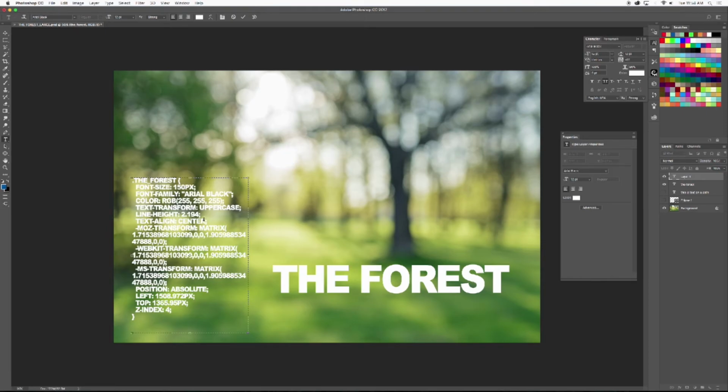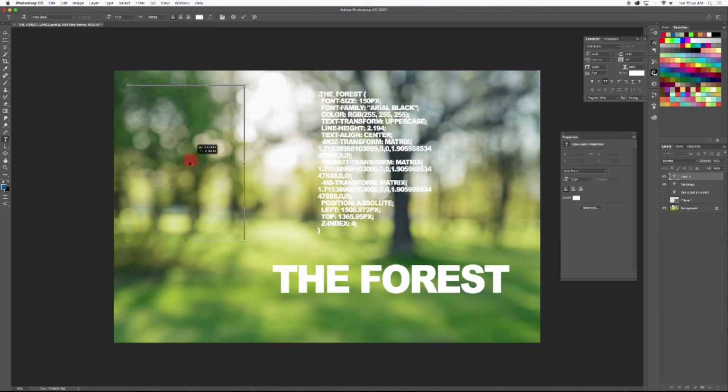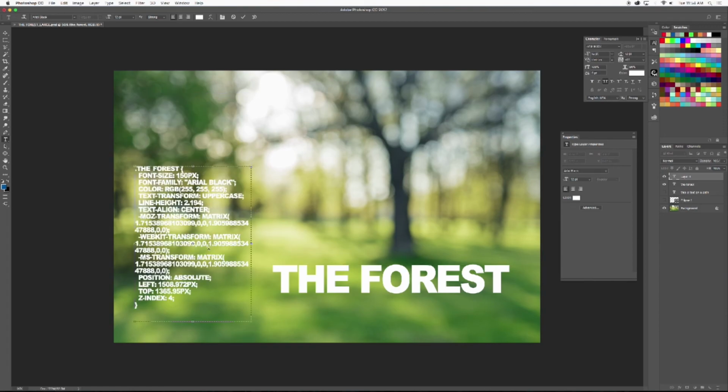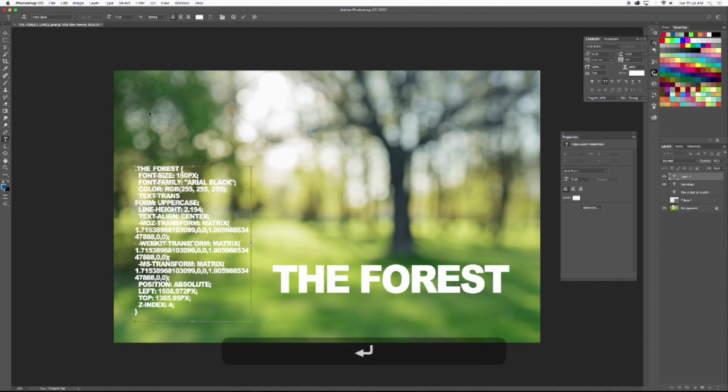And one more final thing I'm going to show you with this. If you're in text edit mode like this, no matter if it's paragraph or if it's just point text, if you hold down the command key, that's really a move tool. So in case you need to move this left to right, holding down your command key will allow you to do those kind of things. All right, so that's kind of all your text tools